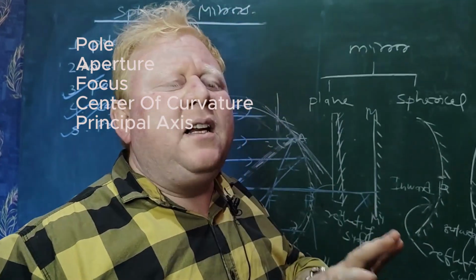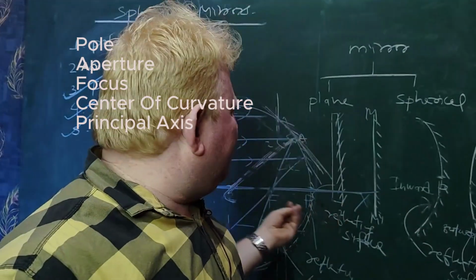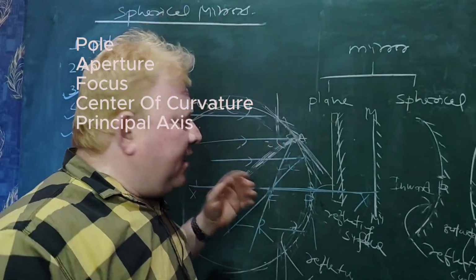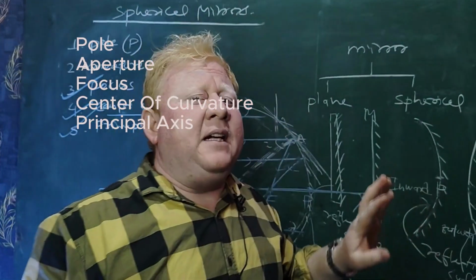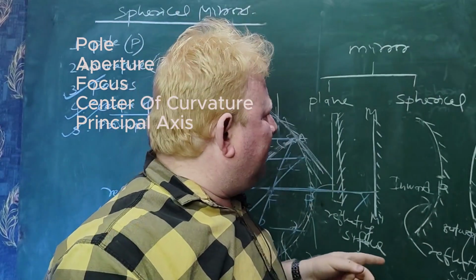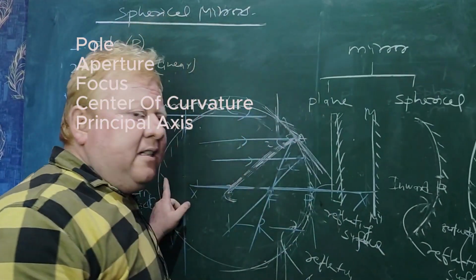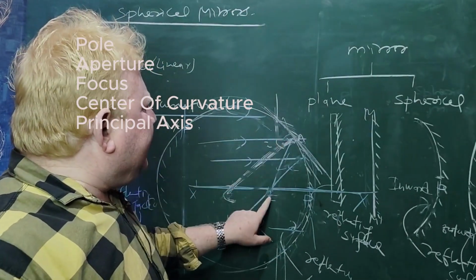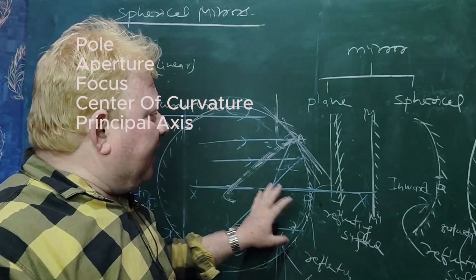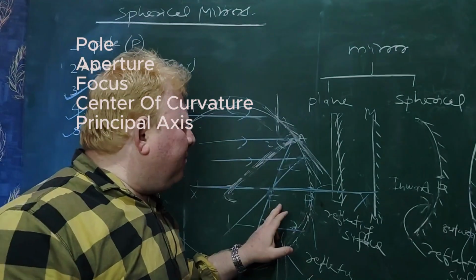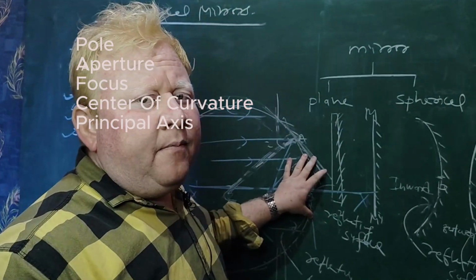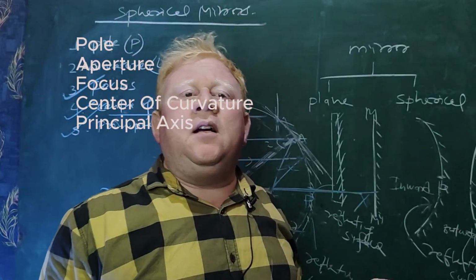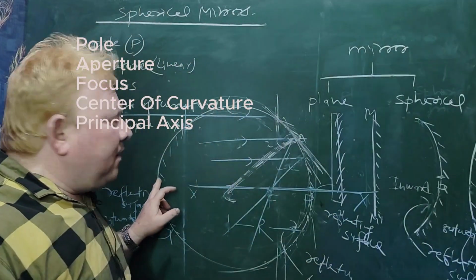So how will you define? You can say it is the point on the principal axis at which light rays after reflection meet or appear to meet. That will be for the case of a convex mirror. So the light rays after reflection meet at a point on the principal axis, that is called the principal focus of a concave mirror. But when someone asks you to define focus of a convex mirror in the virtual point of view,